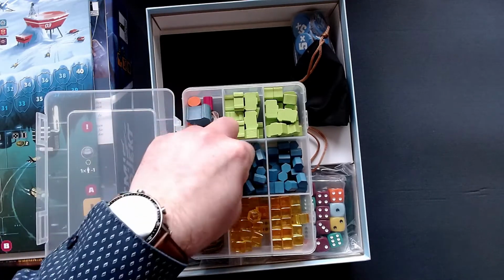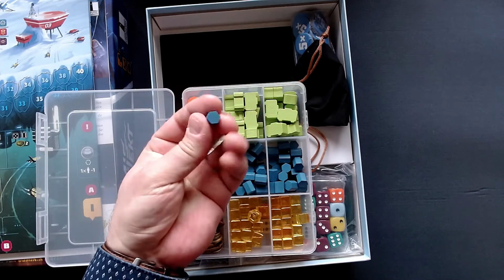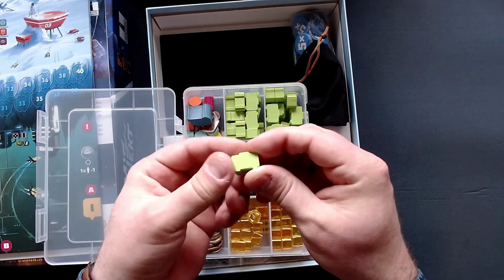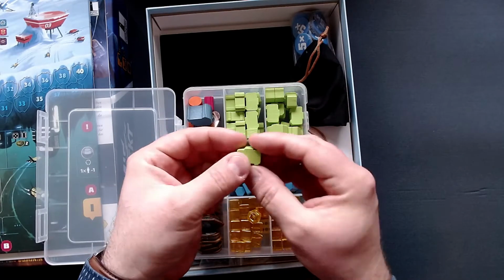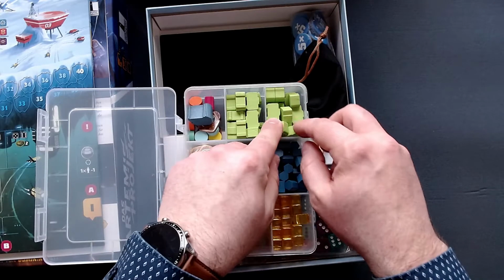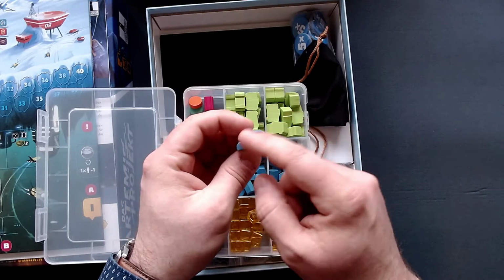And then we also have some other tokens, some markers. I don't know what these are for, but they're made from wood. And here we have these, also made from wood. These are really thick and chunky. I like that. This is something I really like a lot. That's very cool. And then we have, I think, the car,